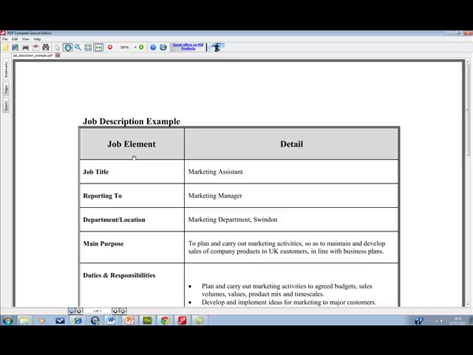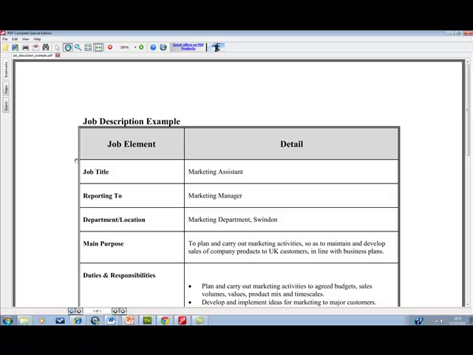Now, during this next presentation, I'm going to talk to you about a job description and, more importantly, explain how you can understand the job description in greater detail. This will have a number of benefits, not only in terms of applying for a job and completing the application form, but also in terms of before you go along to the interview. So it will allow you to prepare for the interview in a more concise and appropriate manner.